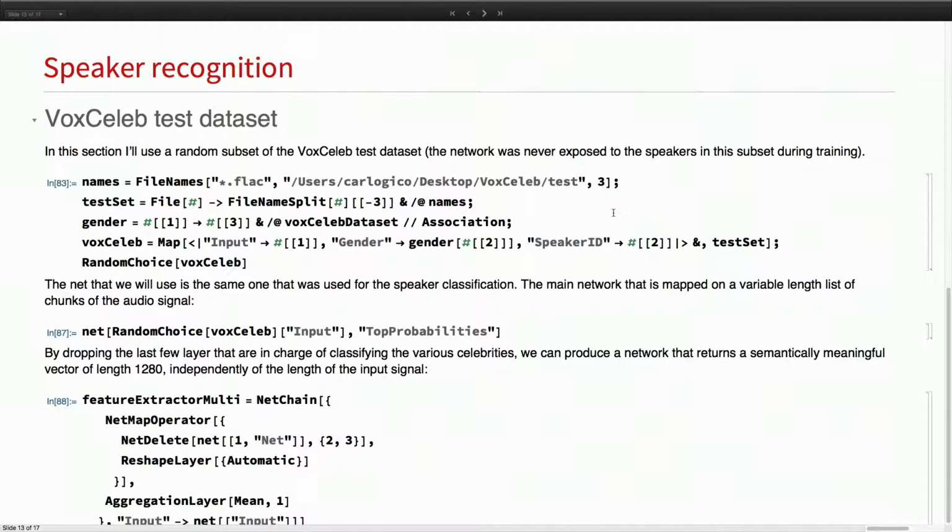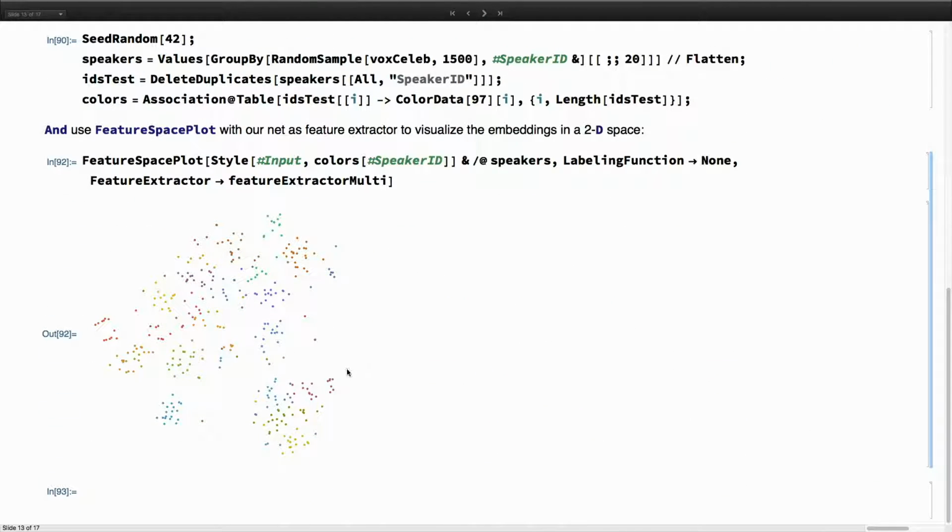The network, again, has not seen these examples during the training. And it still manages to separate quite effectively different speakers. This dataset is more representative of what you would get in the wild rather than a very much curated dataset like the spoken digits one.